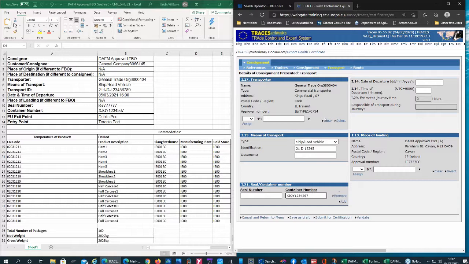The date of departure and the time of the departure. The date of departure will be the date and the time that it is leaving your premises, not the time that the boat is sailing from Larne, Belfast, Dublin or Rosslare. The time of departure will be when it is leaving your premises. So as today is the 4th,